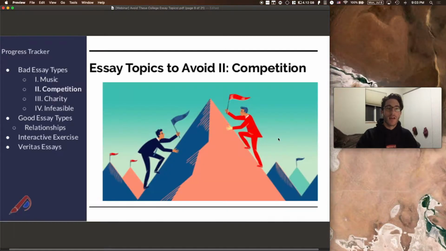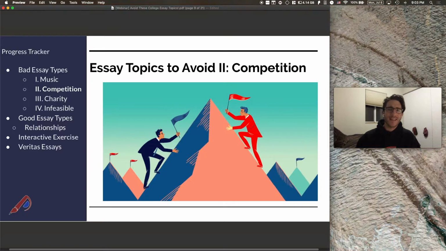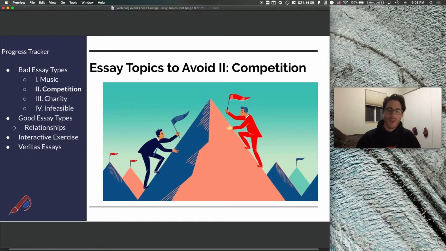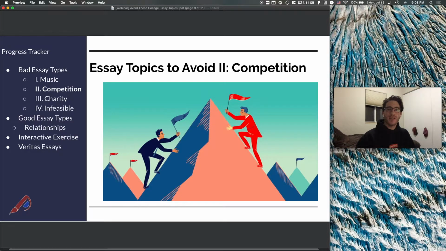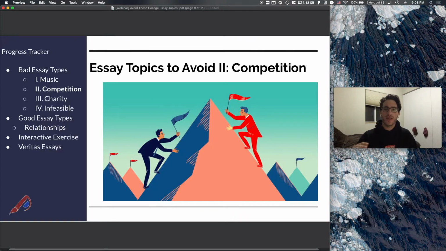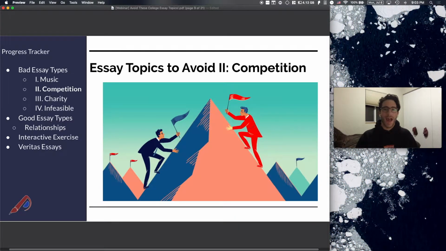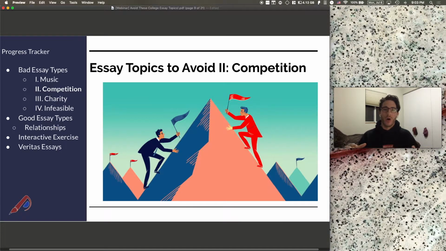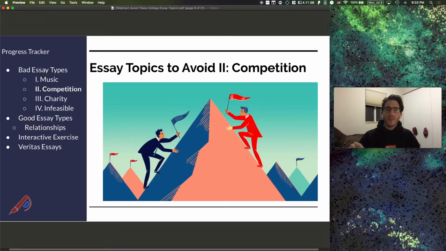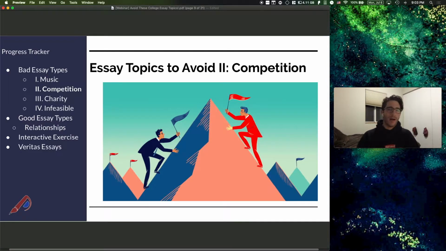Second, the competition essay. Unlike music, there really hasn't ever been a good essay written about a competition. Why do you ask? Well, first, competitions lack much opportunity for insight and can be repetitive because oftentimes a competition or an accolade from a competition will show up in the activity section of the Common App or in a more niche supplemental essay. Moreover, an admissions officer can read about a competition on their own website,